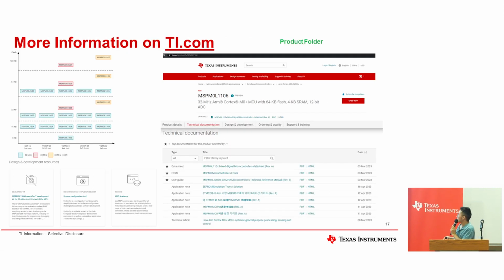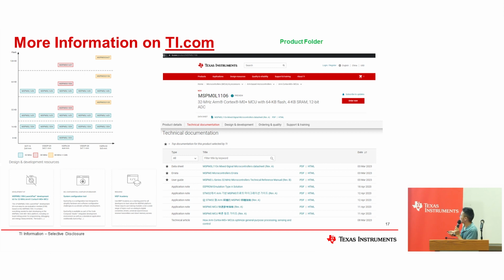Here is some information about our device on TI.com. If you have the specific device name or part number, you can just search for it on TI.com directly. But if you do not have the part number, you can go to our products and microcontroller column, and then go to the ARM Cortex M0 Plus device MCUs.